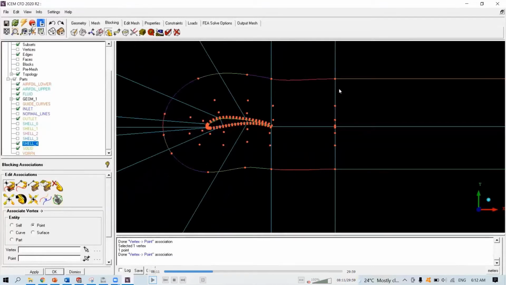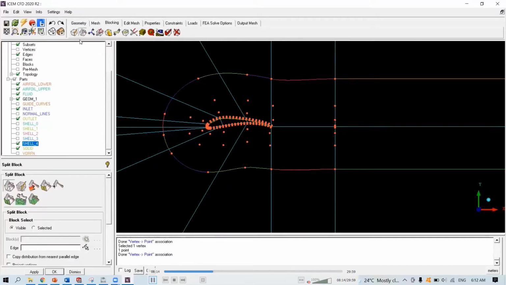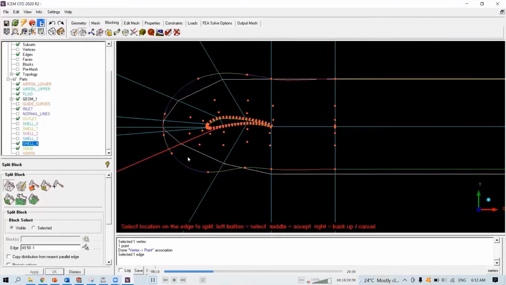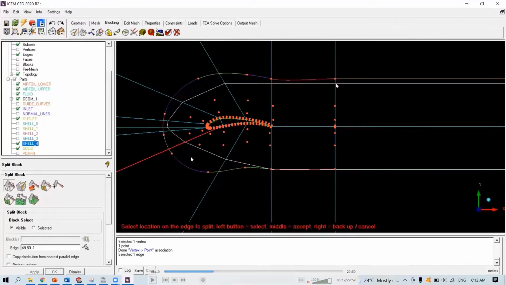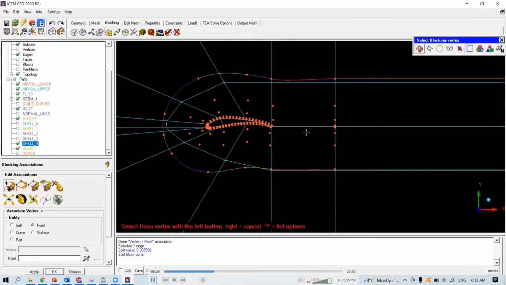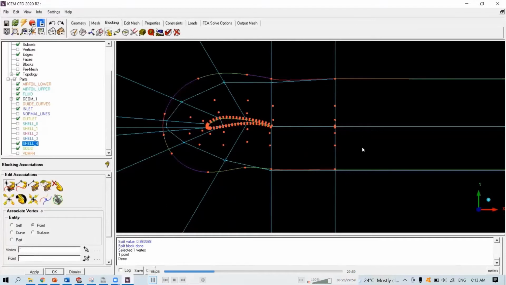We can start splitting for our shells. Split. Try to adjust so that the edges here are approximately close to these points. It's not necessary, but it will help you to estimate which vertex should go to which point.